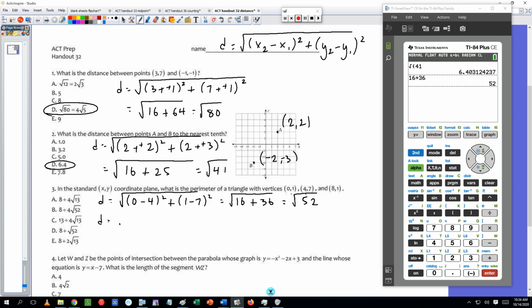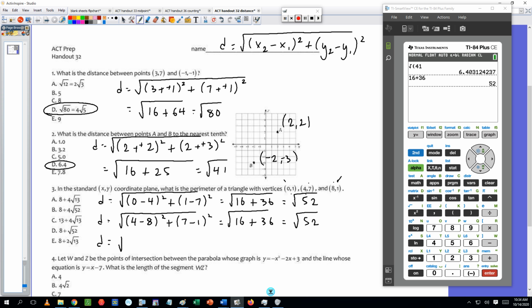Second distance. This time I'm going to find the distance between the second and the third point. 4 take away 8, 7 take away 1. 4 take away 8 is -4, -4 squared is 16, 7 take away 1 is 6, 6 squared is 36, the same 52. Now I'm going to find the distance from the third point here back to the first point